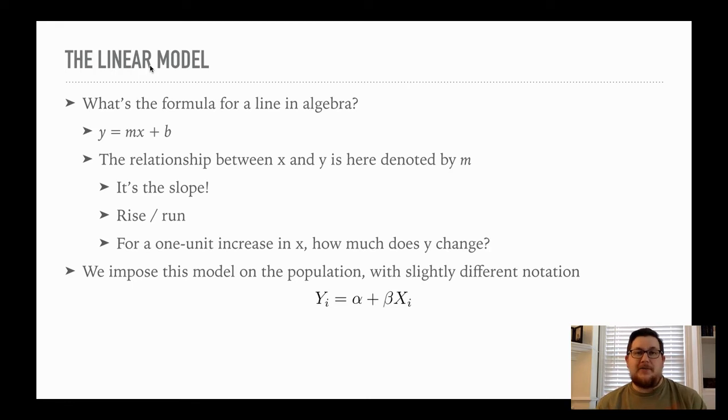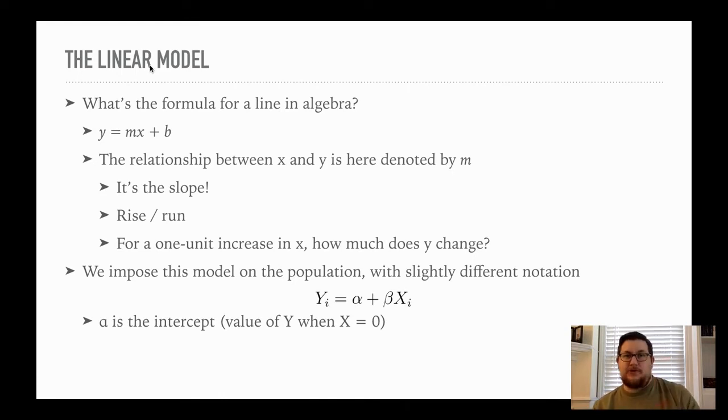I index them with the i because it reminds us that we're looking at a variable that has multiple observations. All right? So for any observation y, that's going to be equal to some alpha plus beta x. Okay, where x is the same observation as y. Now, alpha is the intercept, which is b in that earlier one. Now, your textbook, instead of using alpha and beta, uses a and b. I use alpha and beta. Okay, I think it's going to be a little bit clearer why I do that. All right, but for our purposes, just get used to seeing alpha and beta.